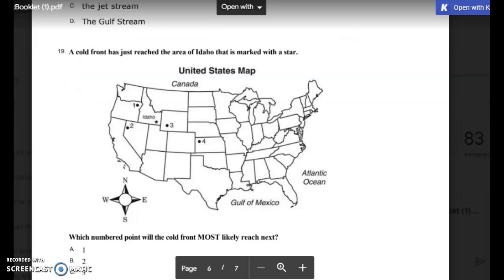Clear that. I think this is the one you were questioning, right? Yeah. A cold front has just reached the area that is marked with a star. That is here. What numbered point will the cold front most likely reach next? Now, I know you're saying, Mr. Mullins, I don't see the triangles. How do I know which